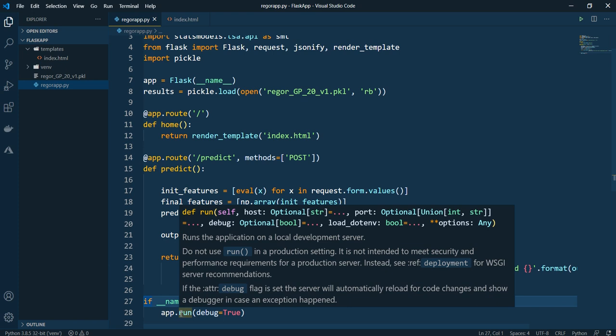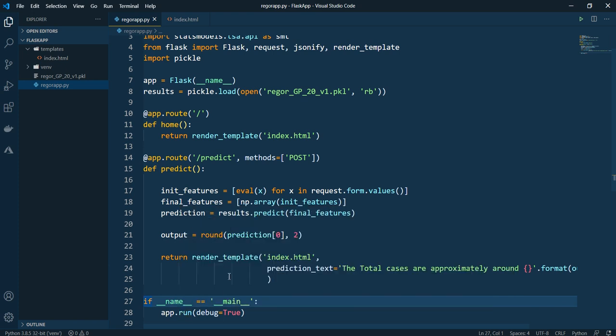So one way is to manually do this, on the console or on the terminal or on the command prompt, you can type python and the name of the file .py. You can do it that way, or you can click this run python file in terminal, which you can see on the top right corner.